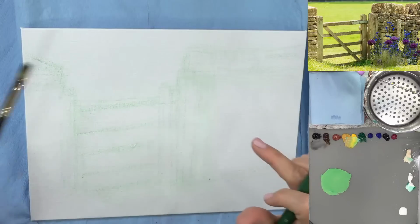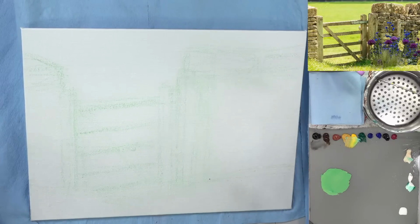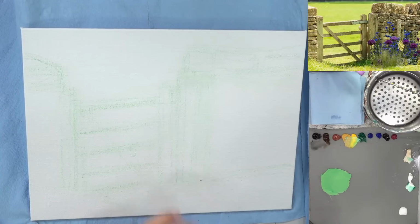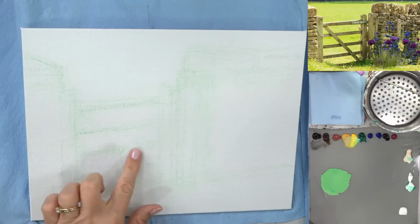You can see even just dunking it that one time, it's got drips rolling down the handle, and those drips will get on your canvas as you're working. You don't want that to happen. That one right there just happened. See,